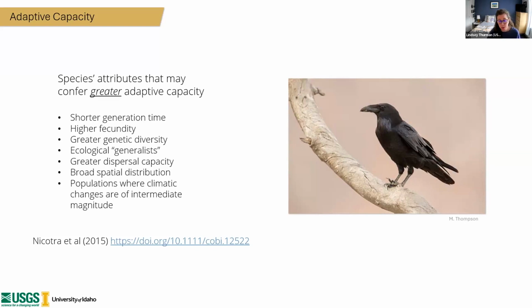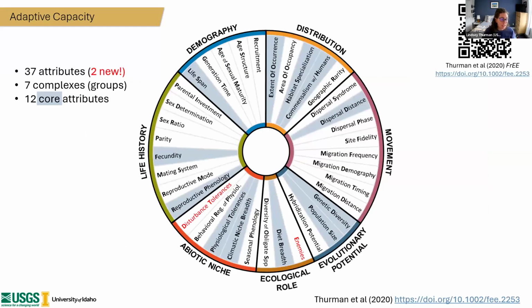And truly, what comes up a lot in my conversations with folks about these traits is that this sounds a lot like an invasive species. And in fact, many of these high AC characteristics are what we see in invasive species, or in generalist species like here, the raven. And so we synthesized from the literature all that we could about the kinds of traits that are used to measure adaptive capacity and sometimes vulnerability more broadly.